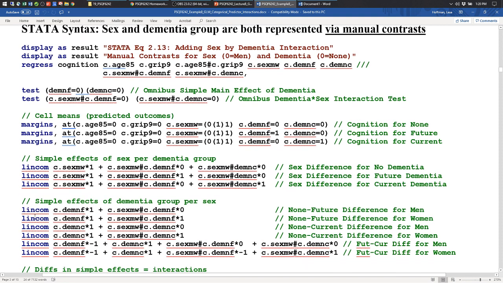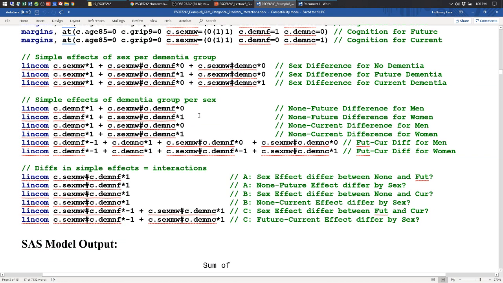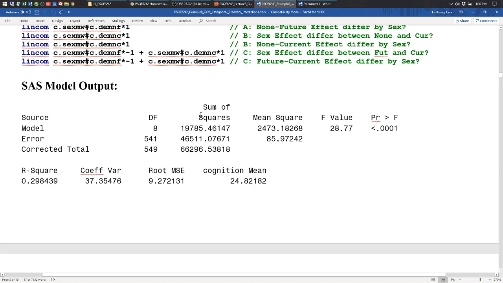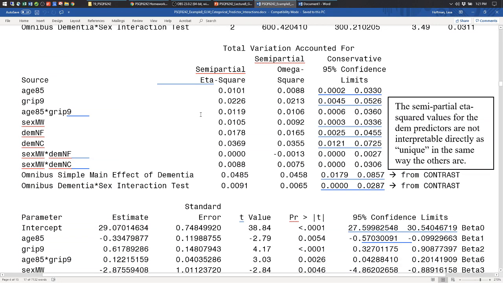So here's the analogous data code. I've written everything out. The only thing that looks a little bit different is margins allows you to go across a range of values rather than just have one line per predicted value, and test uses parentheses instead of commas to delineate numerator degrees of freedom. And there's that stuff. So my results then